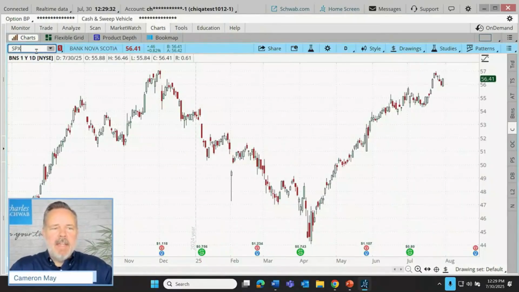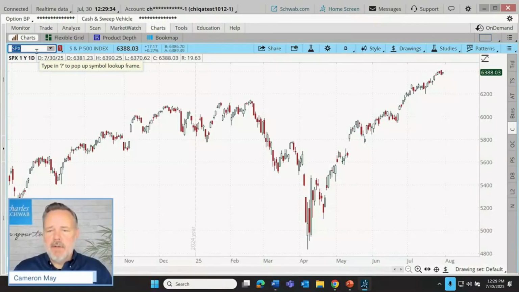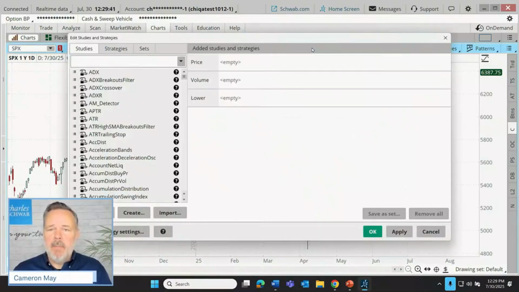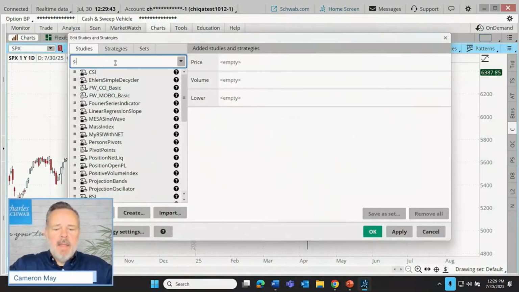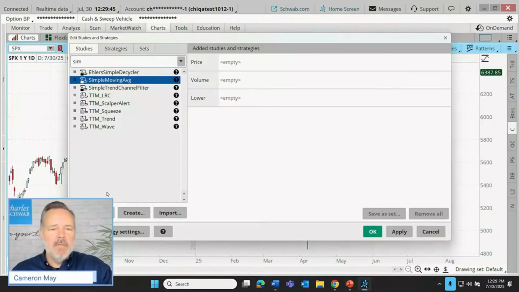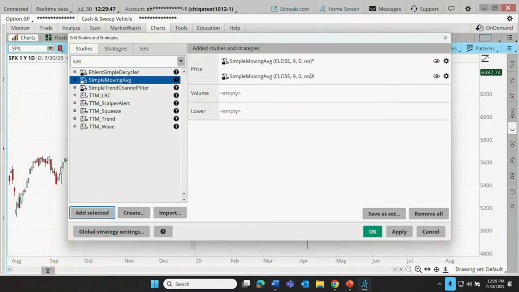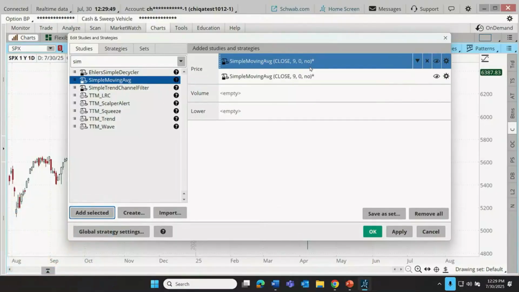Let's say that we have a technically oriented investor or a trader. Maybe they're using a combination of trend lines. Here's a fairly common combination. Let's say we're looking at simple moving averages. I'm going to add a couple of these to our chart. So I'm on the charts tab. If you didn't see our demonstration from last week to follow along with what I'm doing, you may want to check out that lesson. I showed how to find it earlier in the video.